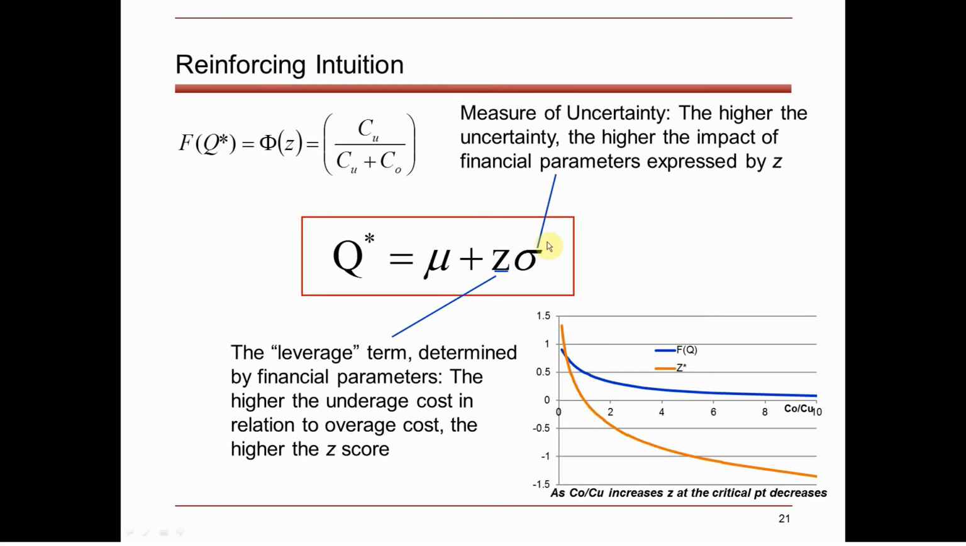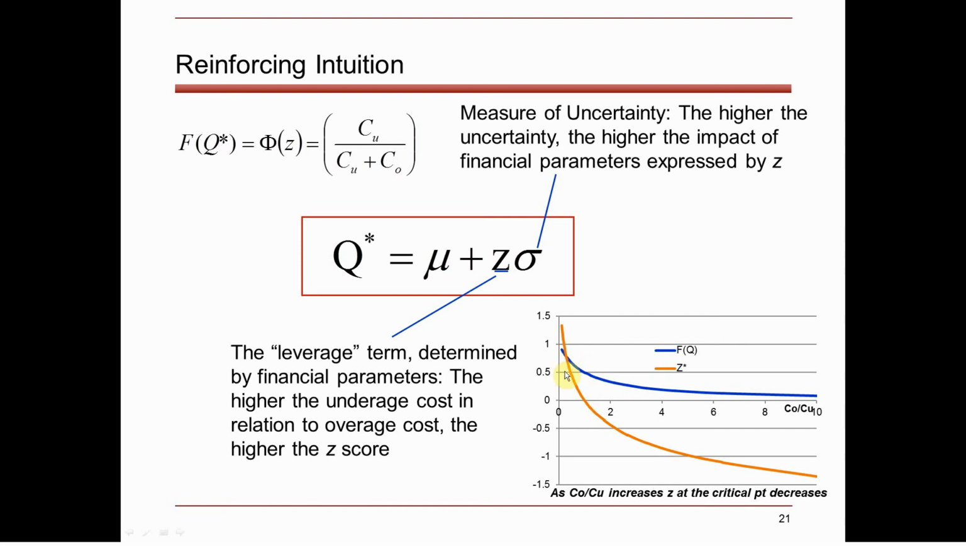You can reinforce this by thinking about it, because a lot of people have trouble understanding that, because of the normal distribution, the ratios aren't exactly linear. In other words, it's not exactly proportional. It's going to be proportional to the variability here, which is the standard deviation. And the z, of course, is going to be relative to the normal distribution. So if you want to take a look at what happens to the value of z as the overage underage ratio increases, you can see that